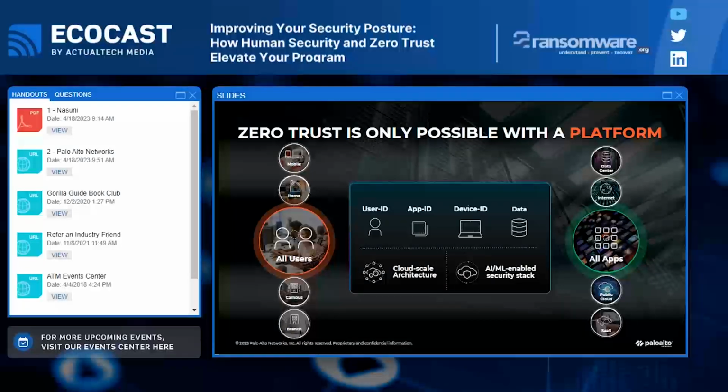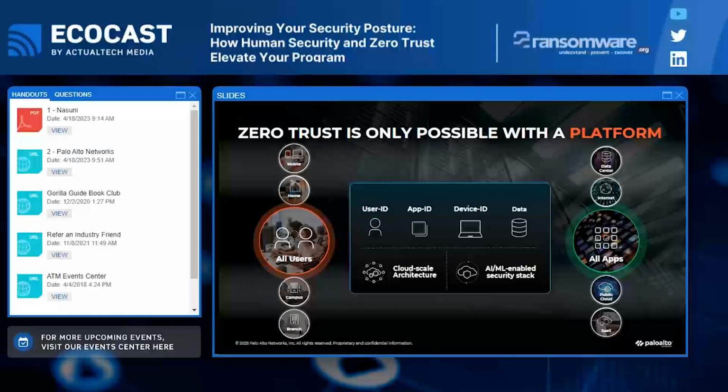So wherever a user is, wherever the application is, we can now enforce a consistent policy and make sure that that experience now, as we talked about before, is consistent in terms of how that user can get access to the resources that that user needs in a way that, again, eliminates the implied trust and dramatically reduces that blast radius. Oh, and by the way, since we have now this platform concept, we can start doing things with it, like embedding AI and ML-enabled security capabilities into it to help it become smarter, to help it learn what to look for and why. And that's exactly what we've been doing.